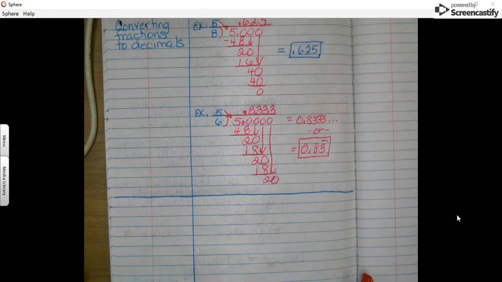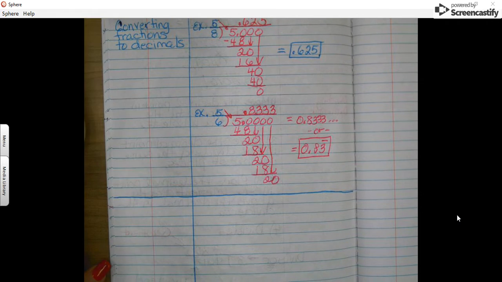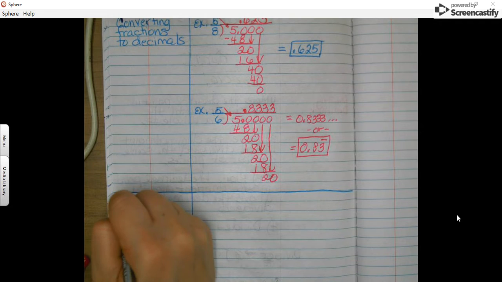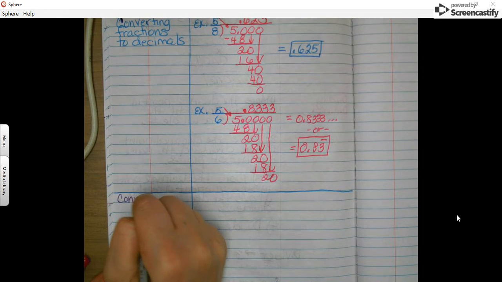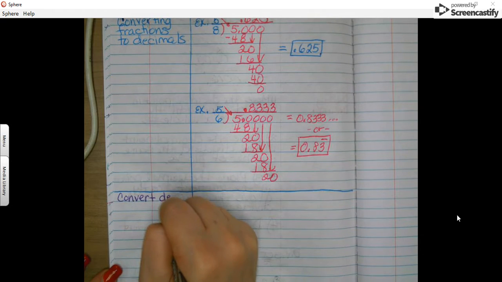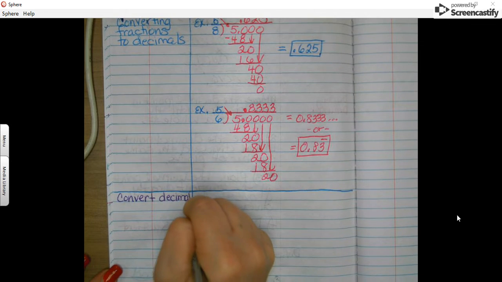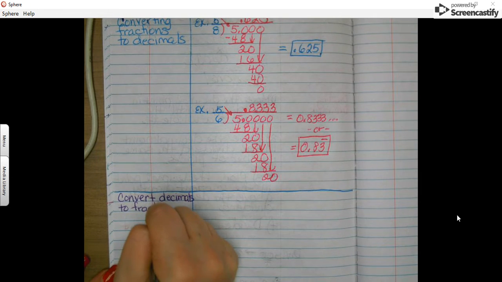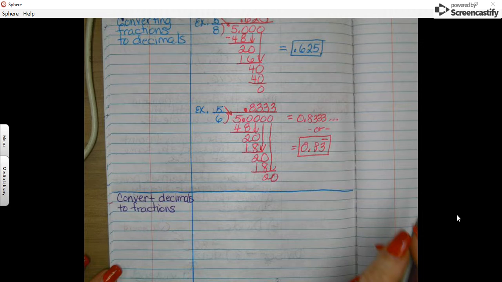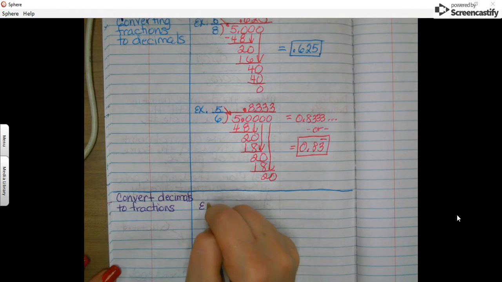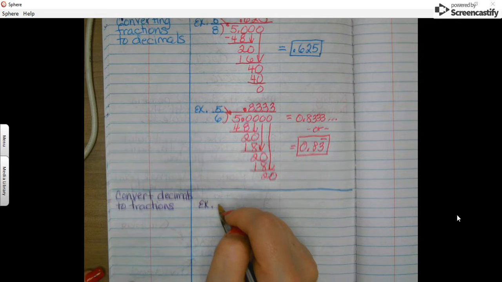All right, so this time we're going to convert decimals into fractions. So on the side of your notes, just write convert decimals to fractions. And here's the example. For your example, we're going to take